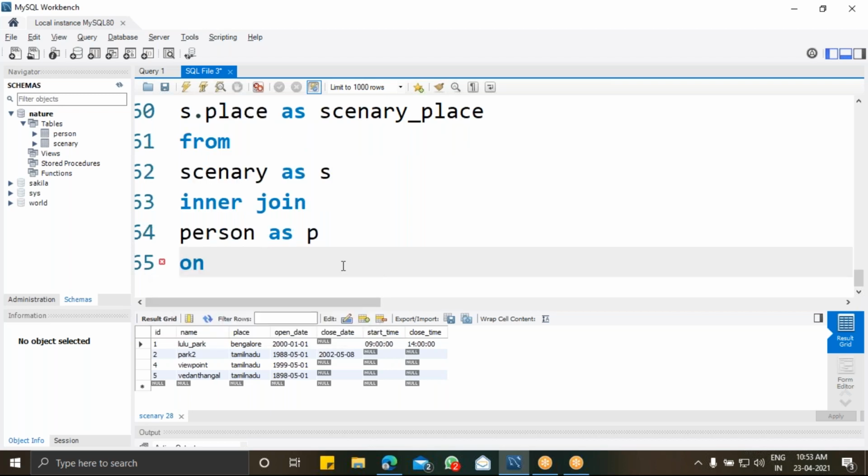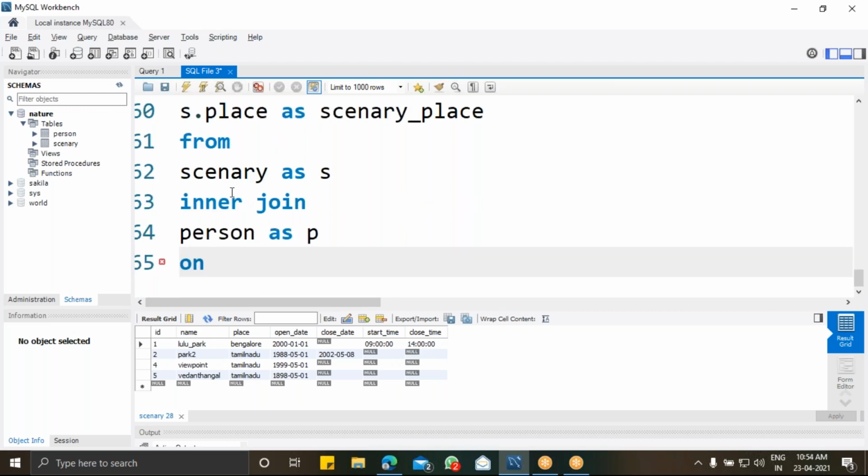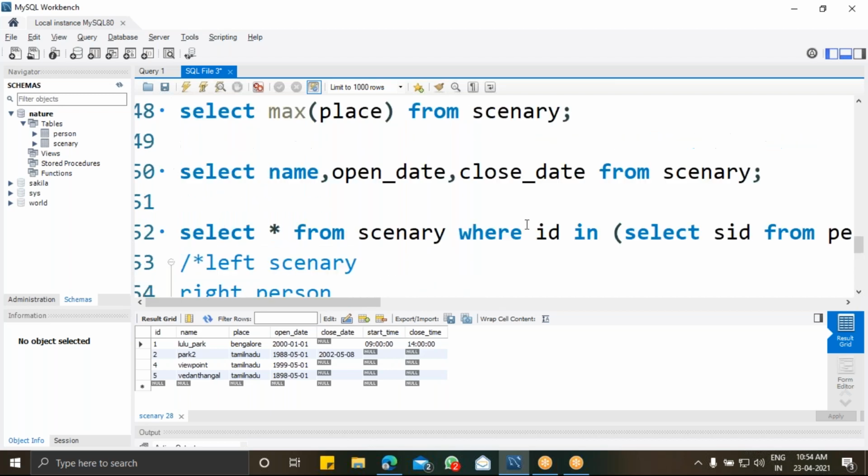On the constraint, the fields that are common to both these tables. So that is going to be ON S dot ID is equal to P dot SID. There is a common field for both these tables, so this is the constraint in which both these fields are matched, which is similar to this inner join.